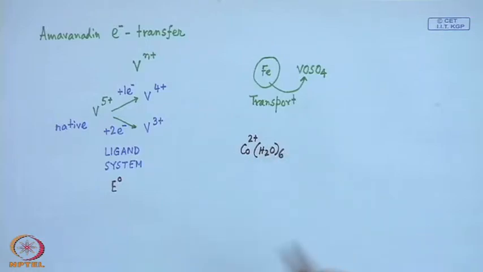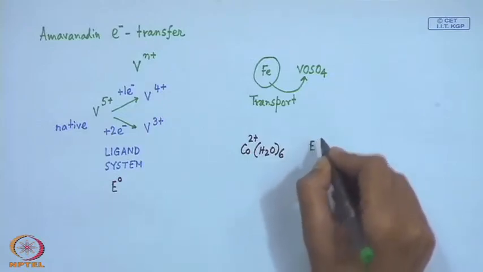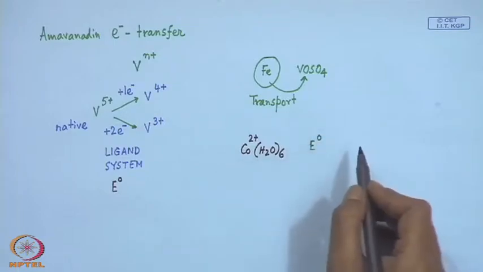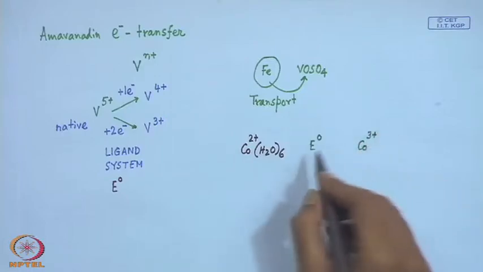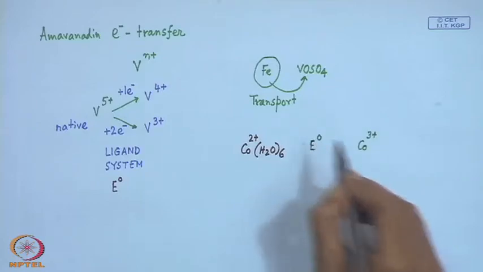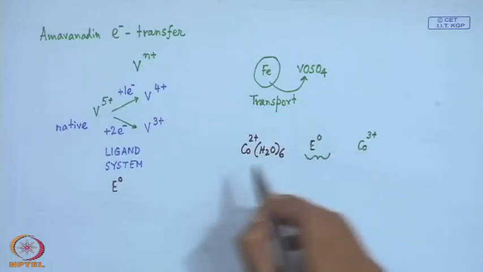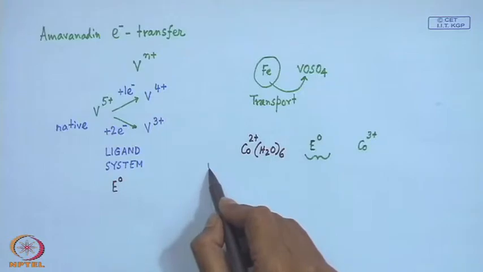When you dissolve it in water, it basically binds 6 water molecules, and these 6 water molecules give a typical coordination environment which has a characteristic E0 value for the oxidation reaction to cobalt 3 plus, and if the magnitude of this E0 value is quite considerable, we cannot get the cobalt 3 compound of the hexaaqua environment. That means the hexaaqua cobalt 3 plus is not so easily made,